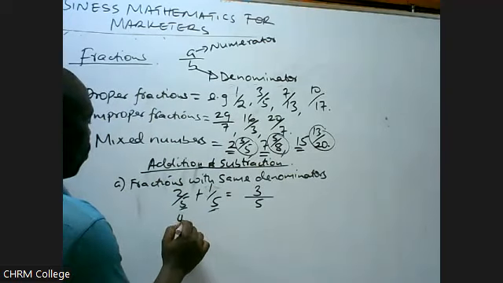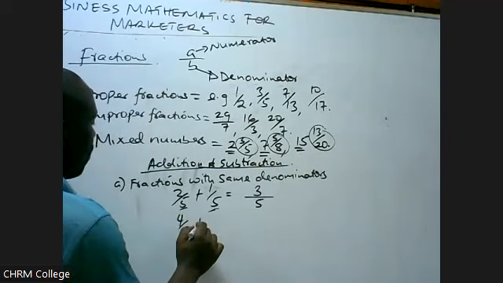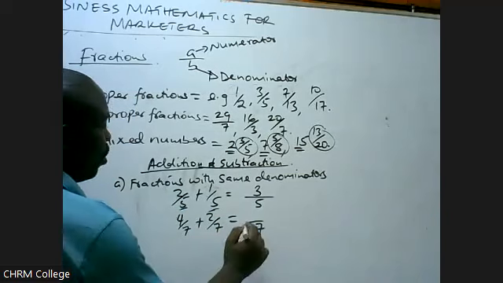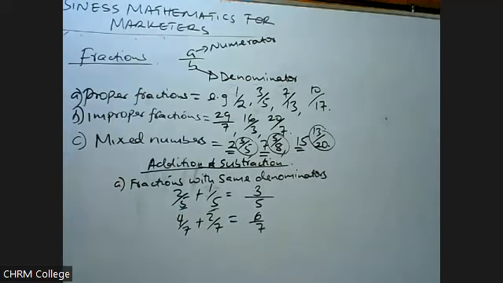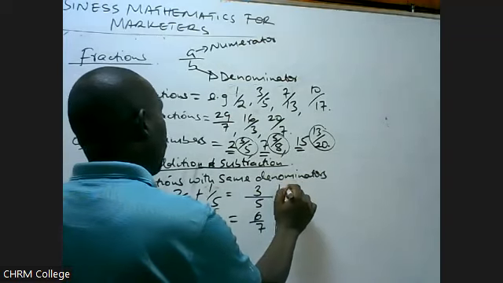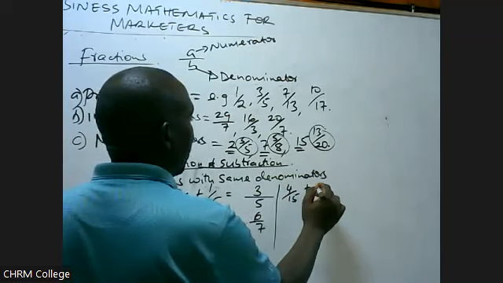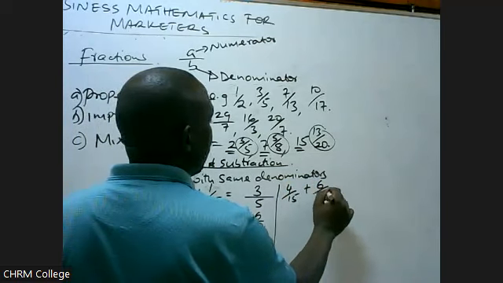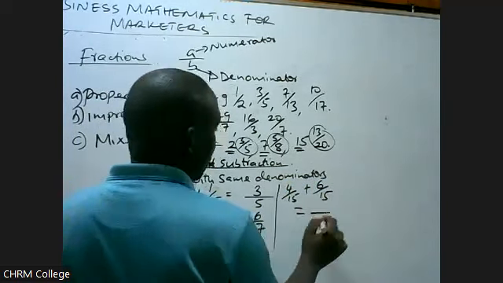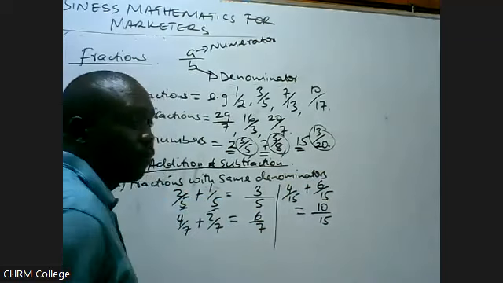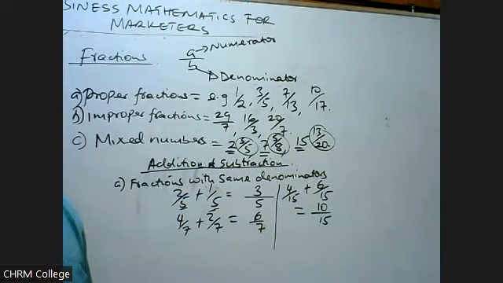So if you have got 4 over 7 plus 2 over 7, the answer will also be over 7. Now you add the numerators of each fraction, you get the answer is what? 6 over 7. If you have 4 over 15 plus, like for example, 6 over 15, your answer will be over 15. Then you add this to get 10 over 15. In a case whereby the denominators are the same, you just take one of the denominators, it is going to be the denominator of the solution,